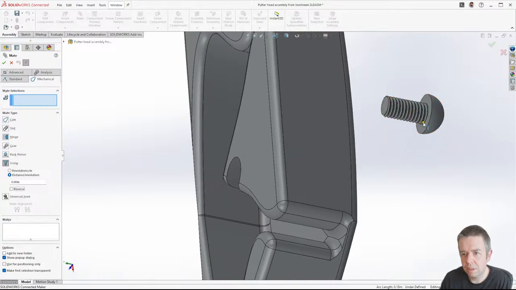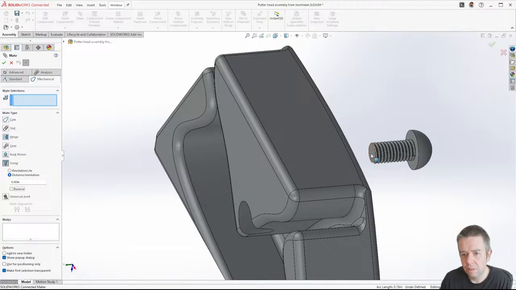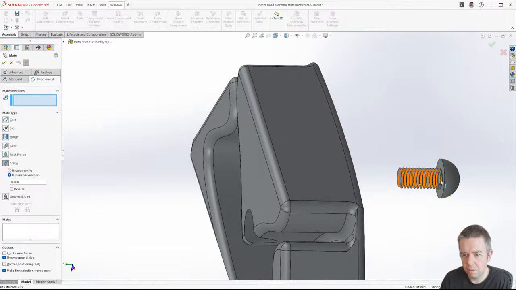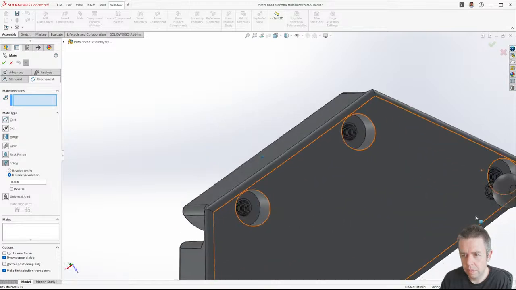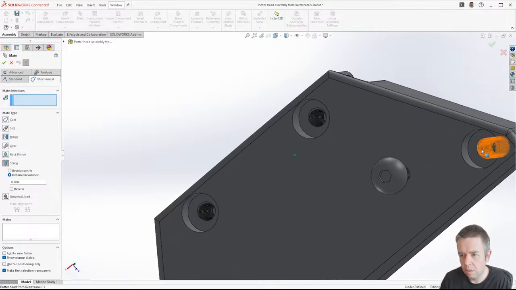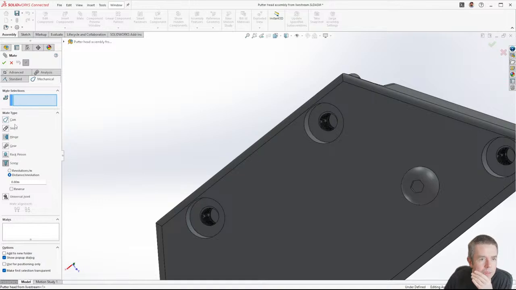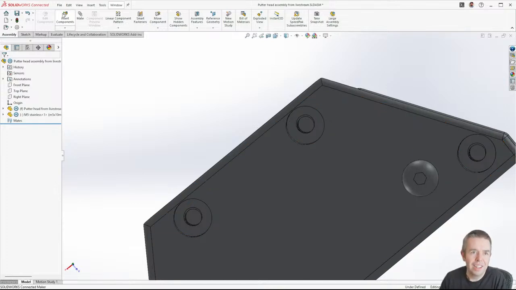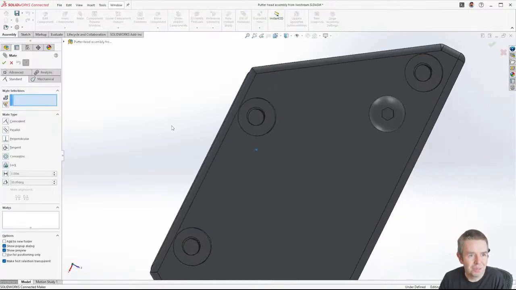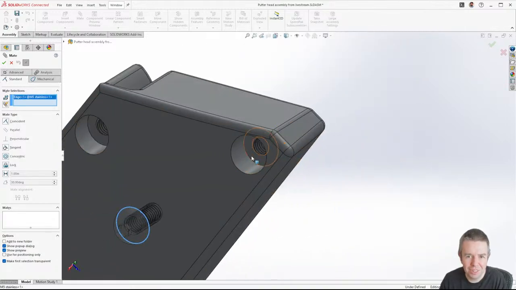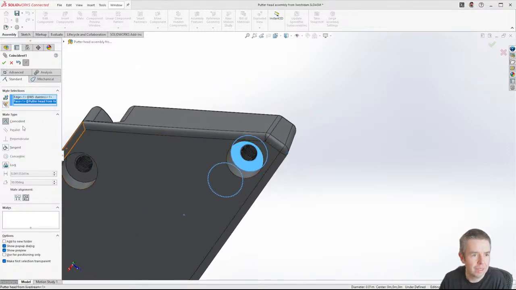We select, I think it might be a fine. Do you know what I'm going to do? I know how to make screws, I just can't remember right now. So we're going to pretend that that didn't happen, and I'm just going to do a